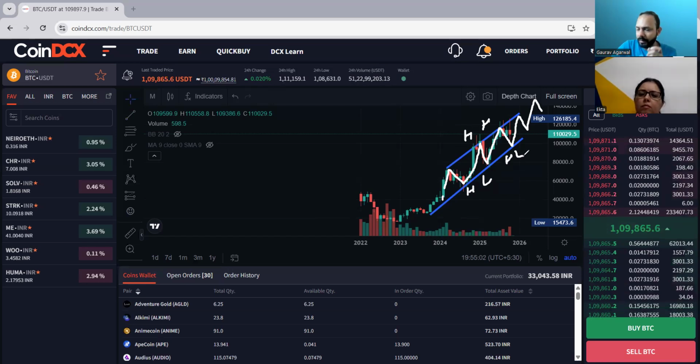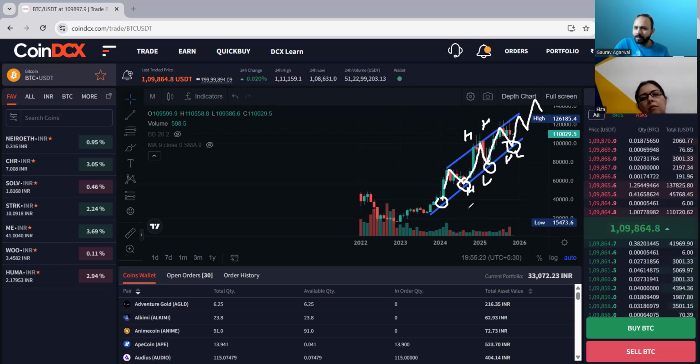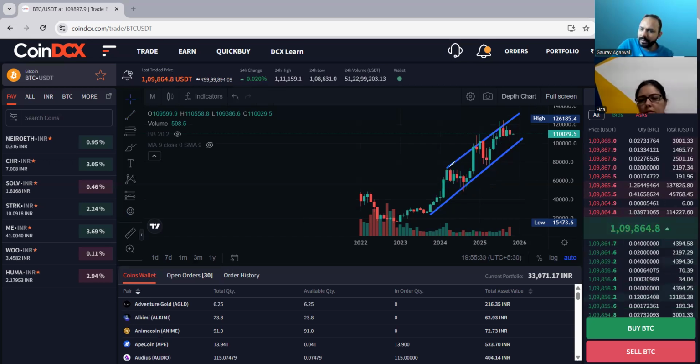So whether you are a trader or an investor, you should always enter near the lower trend line, these areas. These are the best points to buy Bitcoin, actually. If I'm seeing the candles, it'll be pretty much in the red zone where I can enter, right? No, don't look at the color of the candle. Red or green, it doesn't matter for you now. You have to see the trend line only. You can see that the chart is following the trend line only, so you have to follow the trend line only.